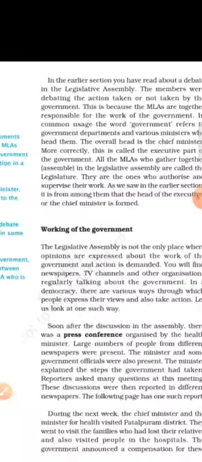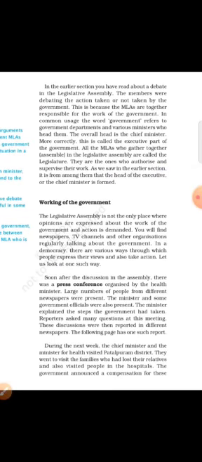Okay, now in the section you read about a debate in the legislative assembly. The members were debating the action taken or not taken by the government. This is because of the MLAs. तो ये सब किस पर होता है, एमएलए की अपनी बातें होती हैं, और कई बार बहुत सारा टाइम इसी पर वेस्ट हो चुका होता है, ठीक है, और जो एक्चुअल डिसीजन निकलना चाहिए वो नहीं निकलता है, ठीक. वर्किंग ऑफ द गवर्नमेंट नाउ, हाउ द गवर्नमेंट इज वर्किंग.